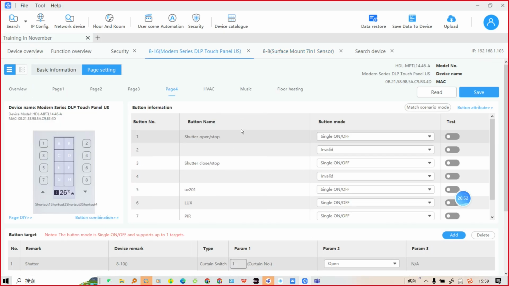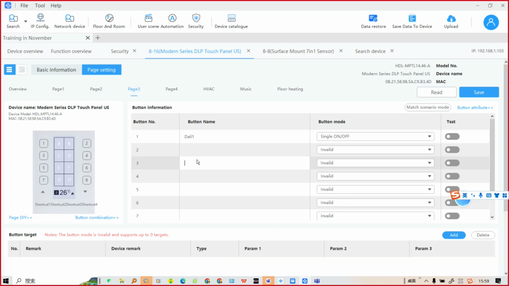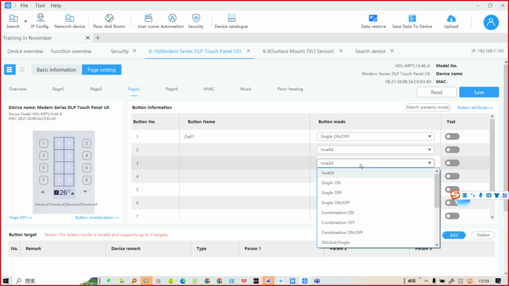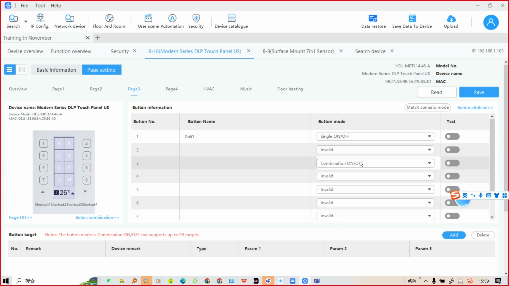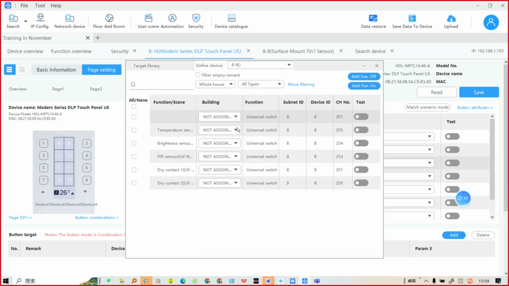You go to the DLP panel, you use a button. Let me select a button. For example, button 3. You can use the combination on and off. And when you add the light, the DALI